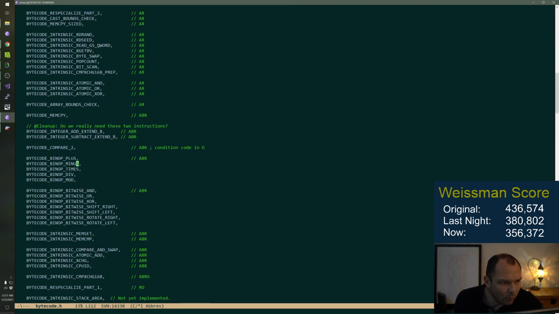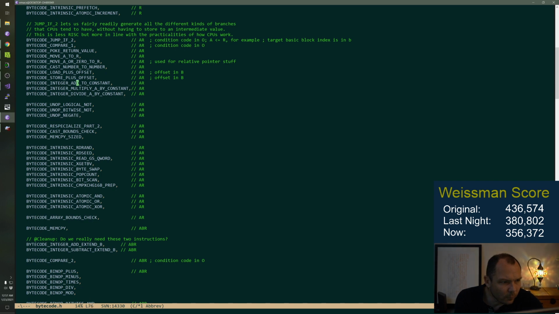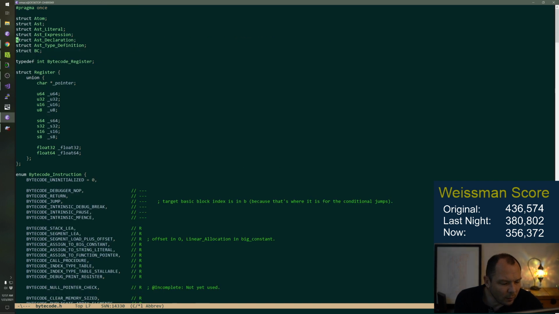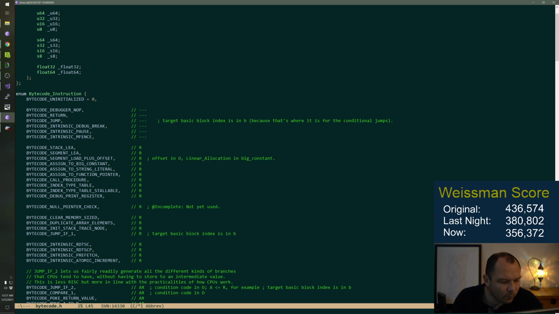I might want to reduce. I made Stackly and Segmently different. But honestly, we could just have that be Segmently and then segment load plus offset and then segment store plus offset. And then those just all handle the stack as one of the segments. I think that's what we're going to do.